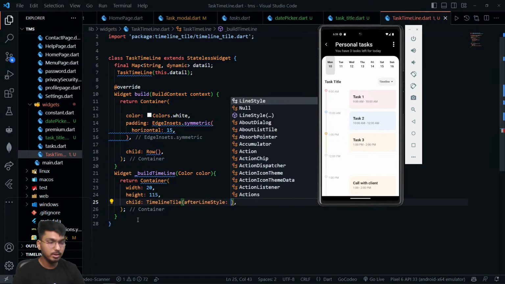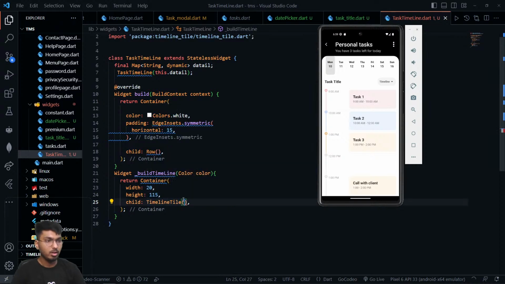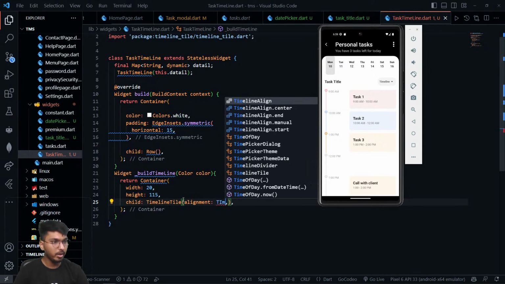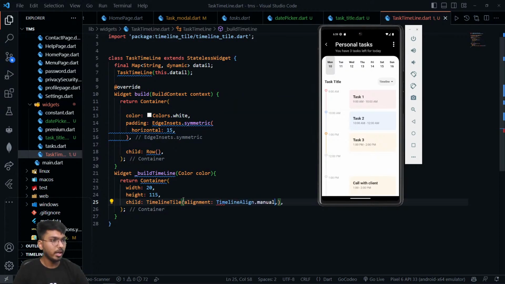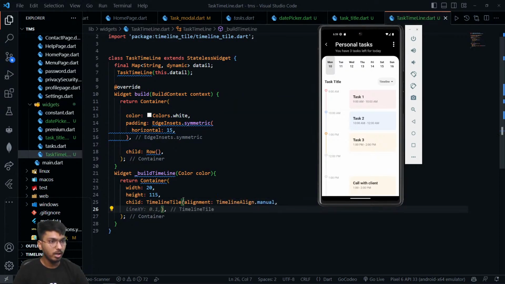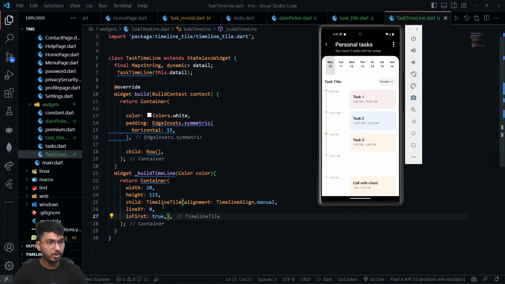Inside this firstly we need a few things to be told here. So firstly I'll write alignment. Alignment should be TimelineAlign.manual, and inside that firstly I need lineXY should be almost 0. I don't need 0.1 or something, it should be 0,